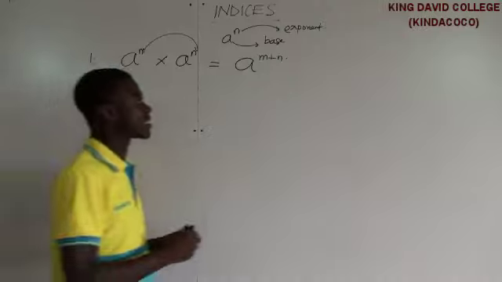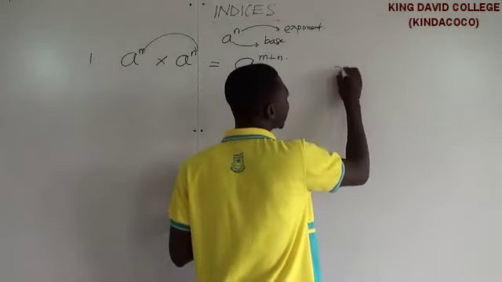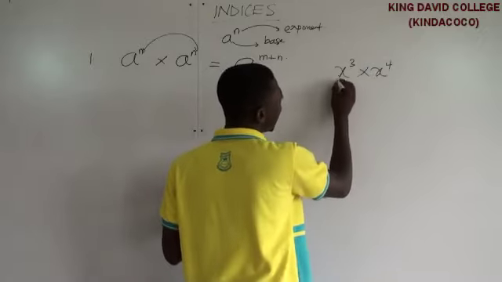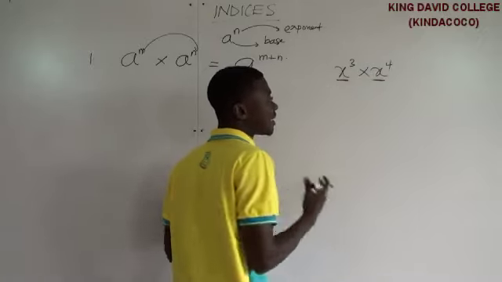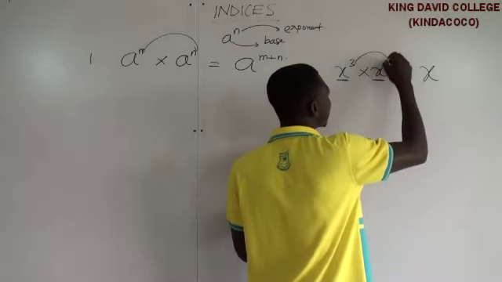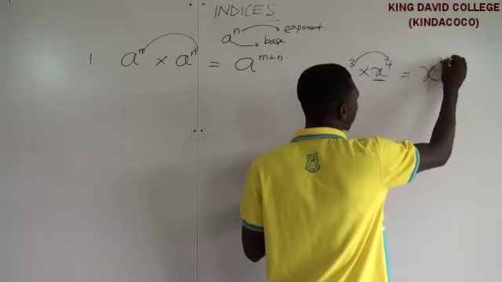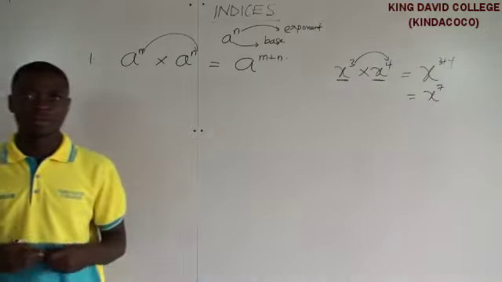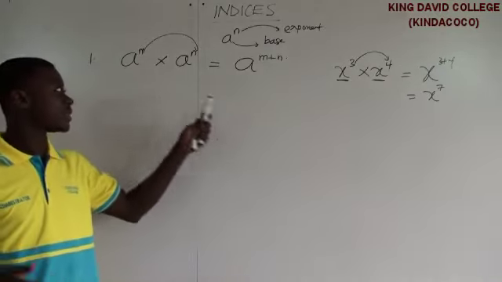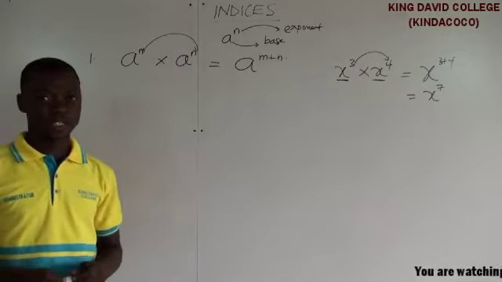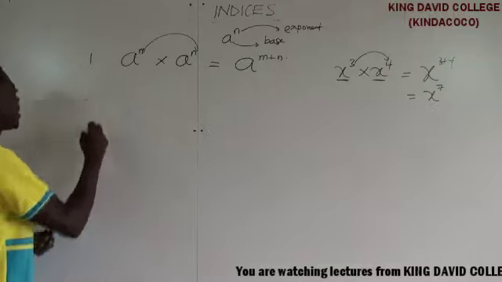So for instance, if I give you x to the power 3 multiplying x to the power 4, you realize that the bases are x and they are the same. Hence, my answer is just going to be maintain your x and then you sum the exponents, 3 plus 4. Then this is going to be x to the power 7. Very simple. Okay, so then you simplify that particular expression. So that's the very first law of indices. Now the second law